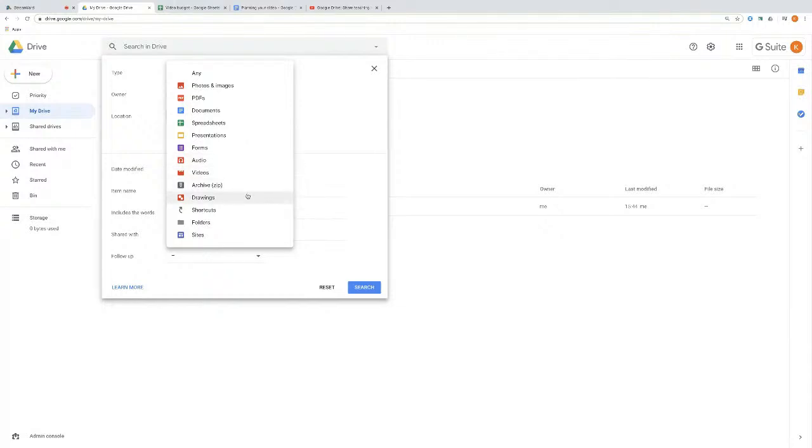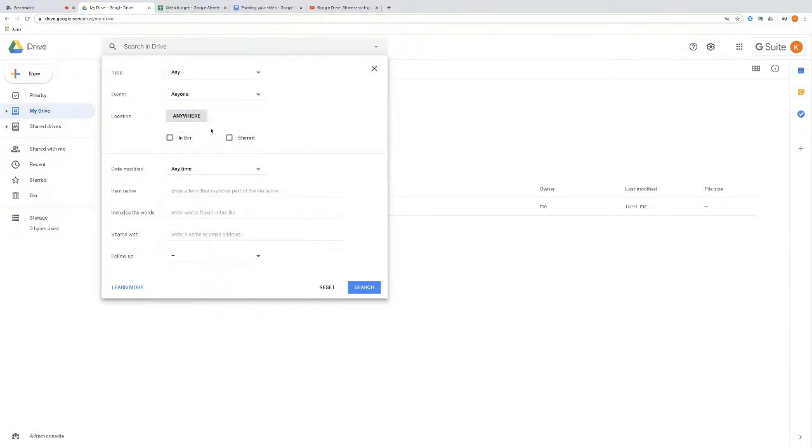Maybe on the video project, you might be storyboarding. So it's a really good way of filtering out all your searches. I can search in the bin if I wish, or my starred folders. So all of my favorites can be viewed in there. I can also do it by my date modifiers, whether it's in the last 7 days, or I can set a custom search time for that.